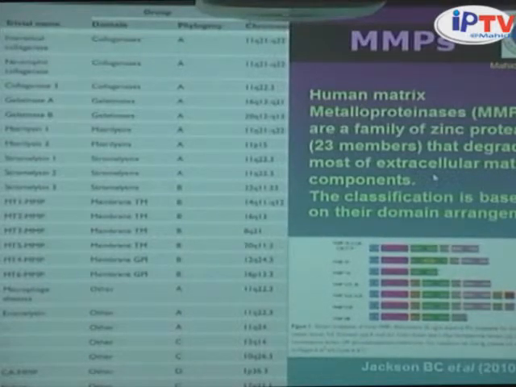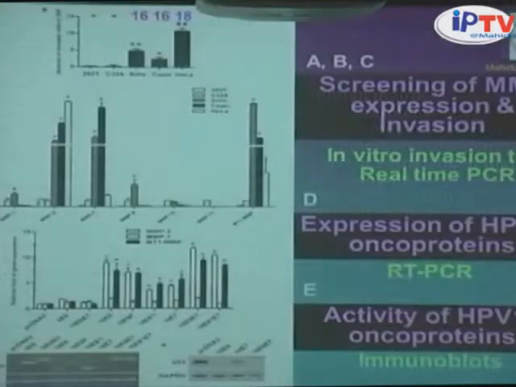And this MMP can degrade most of the extracellular matrix in human cells, and this degradation will promote cell invasion and metastasis of the cancer. Okay. Now, we like to start out the second part by just looking first at the invasion property of the cervical cancer